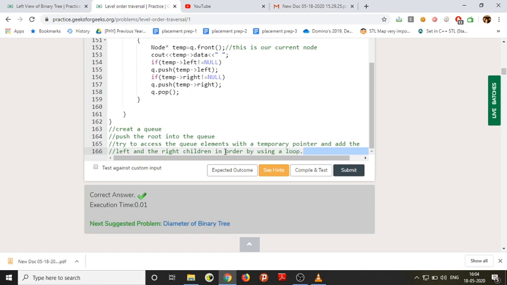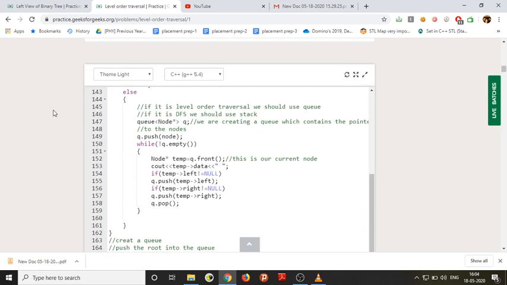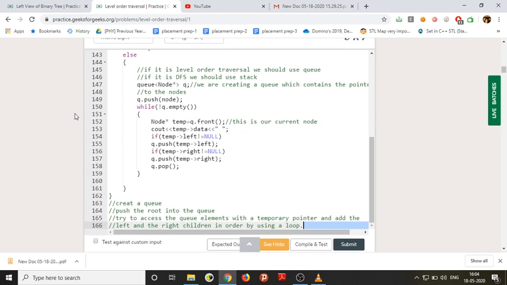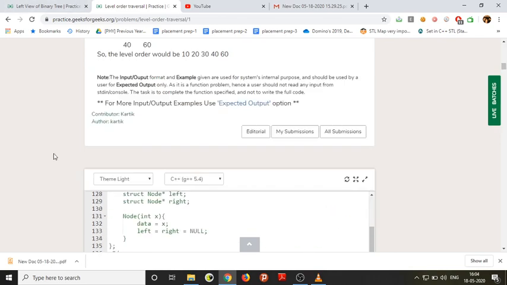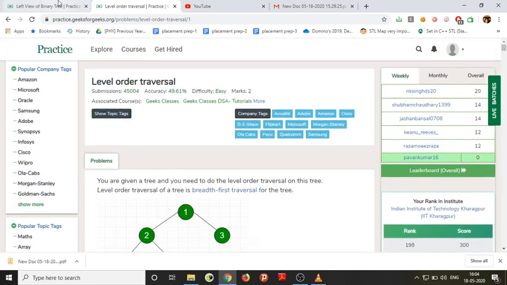So this is basically the level order traversal. It is a traversal. Whenever it means a traversal, we should print all the nodes or access all the nodes. Here you can clearly see that it prints all the nodes. Now using this technique, we will try to write the code for left view and right view of a binary tree. So let's come to the question, the left view of a binary tree.